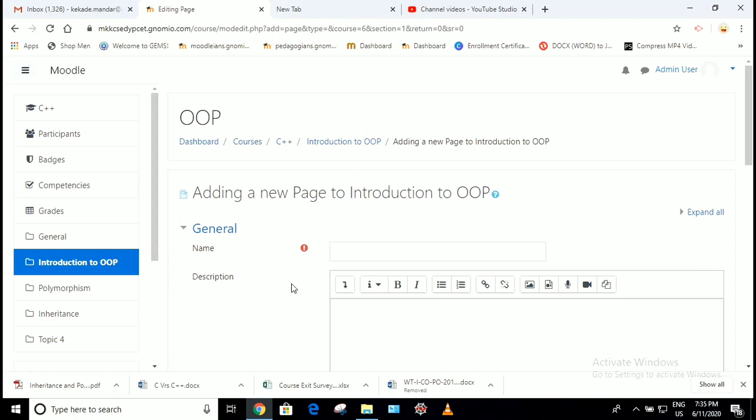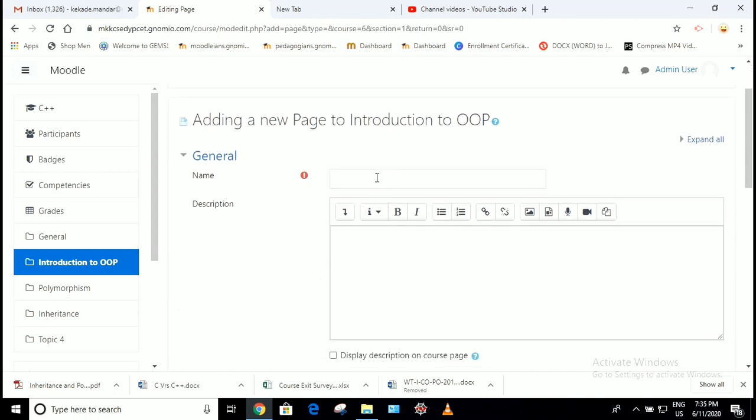Now here you have to give the name for your page. I am giving the name to the page as object oriented programming. So this is the name of my page. In description, it is an optional part, but you can add the description of this page.